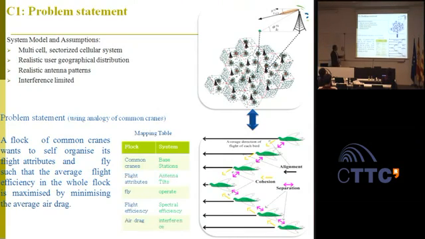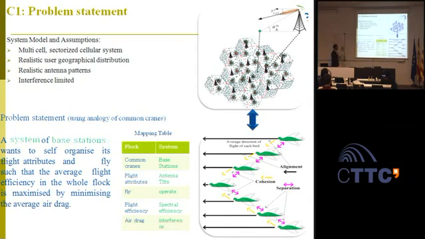This is our system model, and this is the statement of the problem birds face. A flock of common cranes wants to self-organize its flight attributes and fly such that the average flight efficiency in the whole flock is maximized by minimizing the average air drag. Okay, look at this table, and while you keep looking,